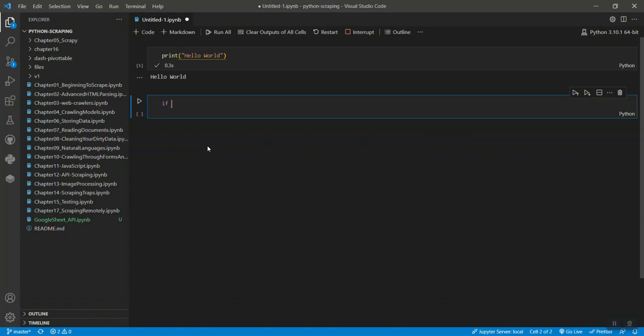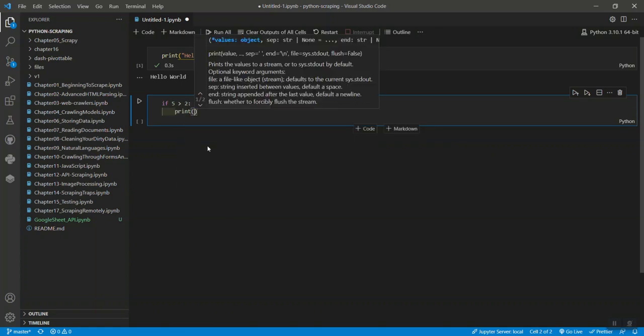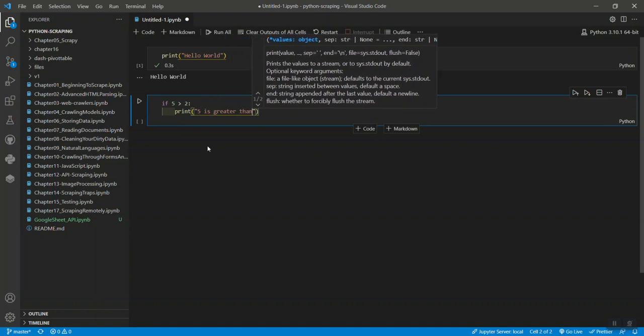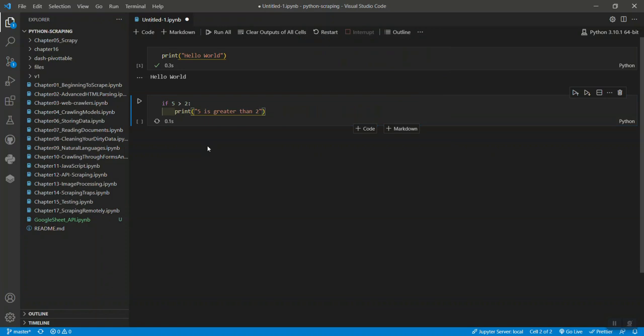I would say if 5 is greater than 2, which is a true condition, then print 5 is greater than 2. If I press Control Enter, it will print the same. If I change the condition to 5 is smaller than 2, which is false, and press Control Enter, I won't get a response.